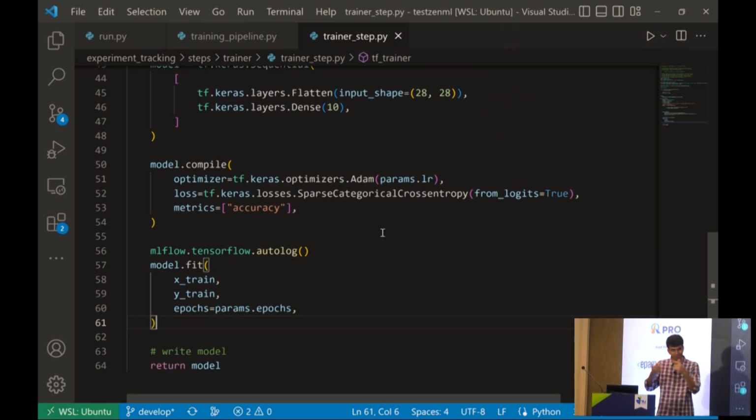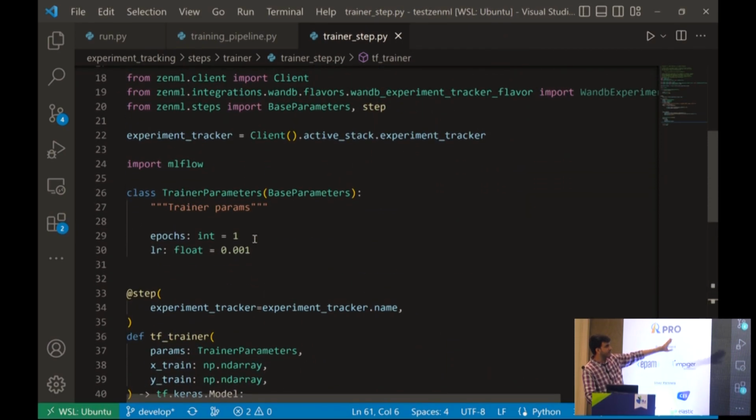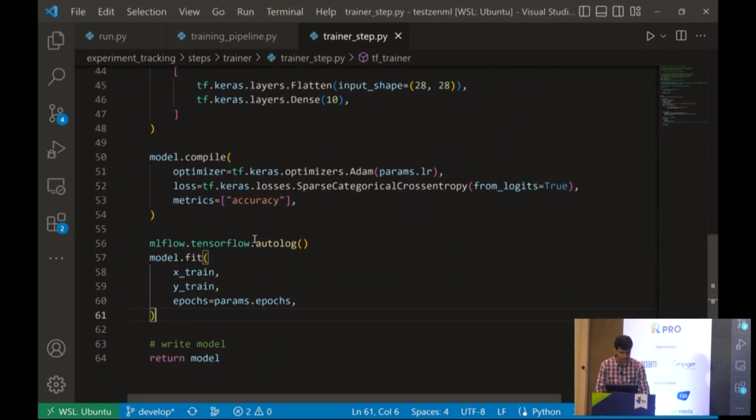Now I'm going to run the same pipeline, and you will see the entire application running on MLflow. That's how simple it is. So I've now changed that line. I've removed the Weights and Biases references. I have added an MLflow line here, right? And there's nothing else changed here. But I'll have to change the stack.